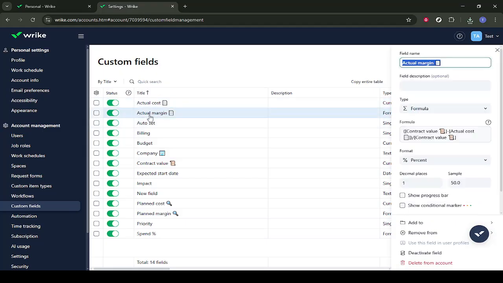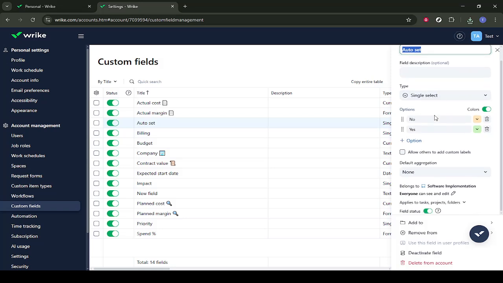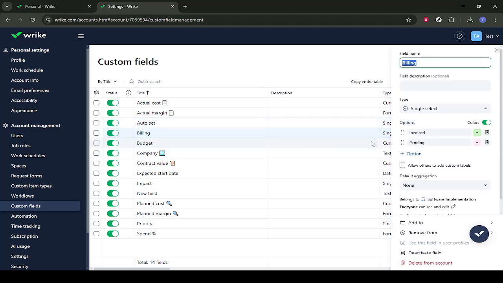Within these field settings, locate the option called Auto Set. Click Auto Set so Wrike can automatically populate or calculate values based on your project data. This is especially helpful if you want to reduce manual entry and keep numbers consistent. Now move to the Billing section by clicking Billing. Then click Budget. Here you'll be connecting your budget-related custom fields to the right currency and symbols so they're easy